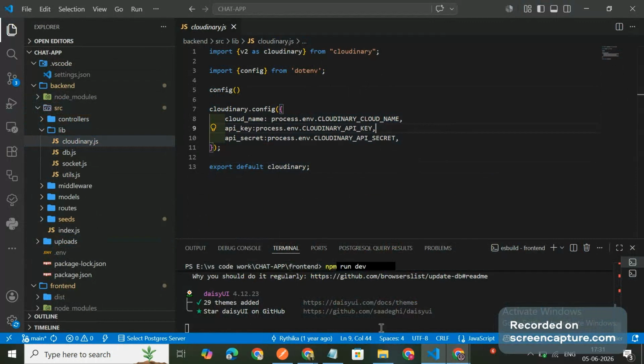After doing all these things, you can add it to GitHub. You can use git add dot. After git add, then git commit, and whatever name you want to give, for example real time chat app. This is the second command. These two commands can be given there, and after uploading to GitHub,